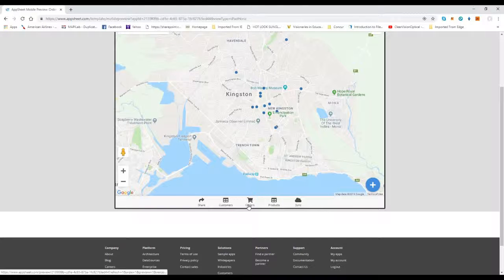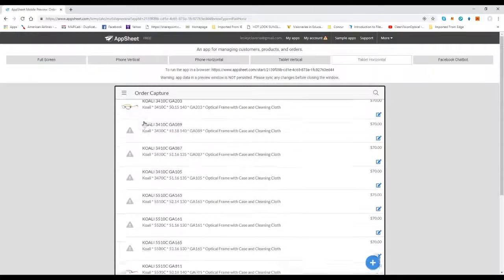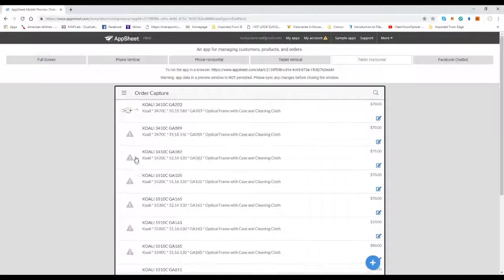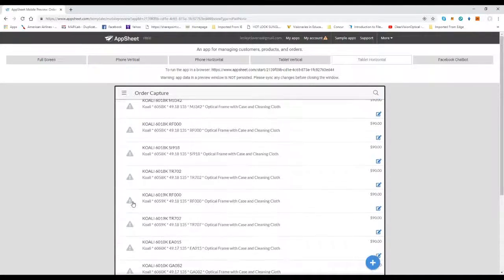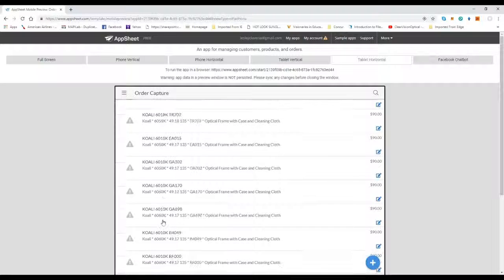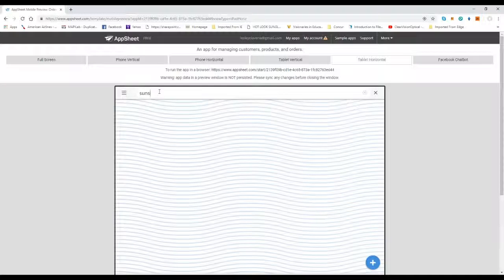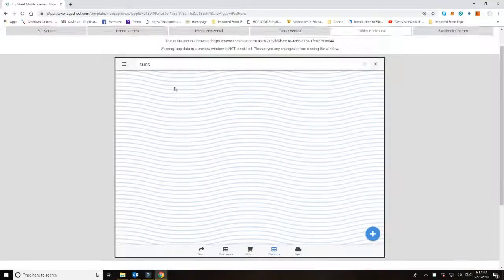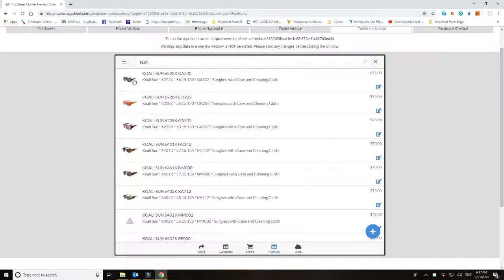is, well, before I go into the orders, I'll go into the products part of it. So you'll notice that of course we don't have pictures on everything linked to every SKU, but this is everything that we have in inventory right now. It works the same way as the addresses do. So if you only wanted to filter out sons, you can actually do that. If you filter out the word son, you will notice that